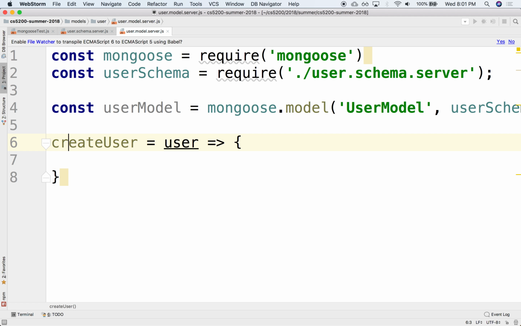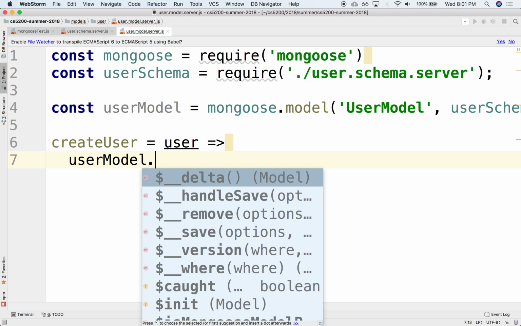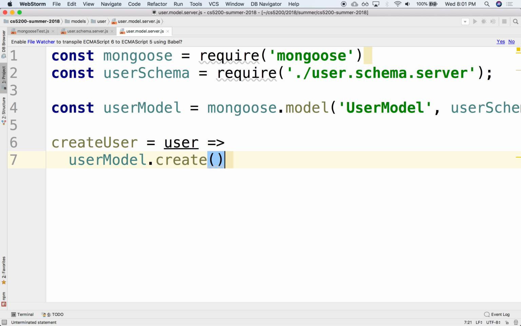That would allow us to actually instantiate one of these users. So you can say user model dot create. So create is a function provided by Mongoose. So this is the low-level CRUD function that the API gives us. We're wrapping it into something a little more high level, create user. There it is, right? This is going to return